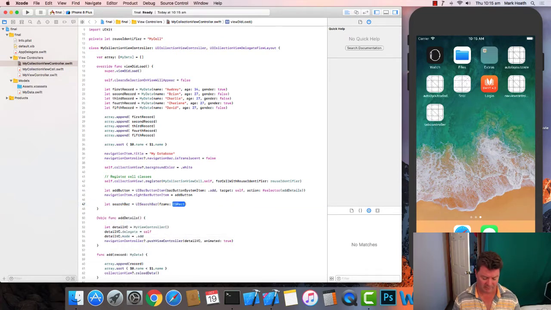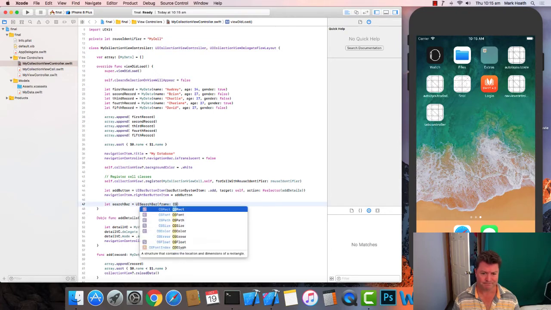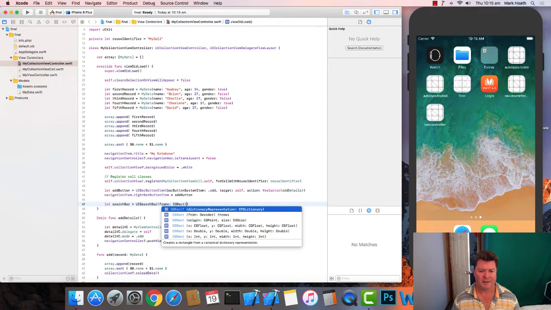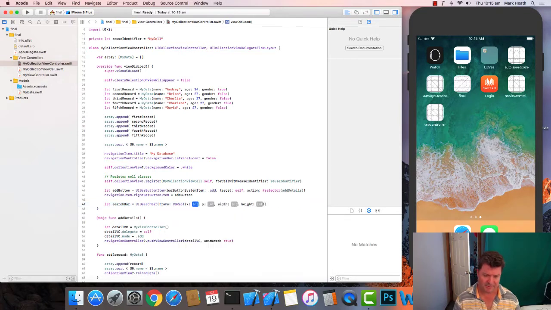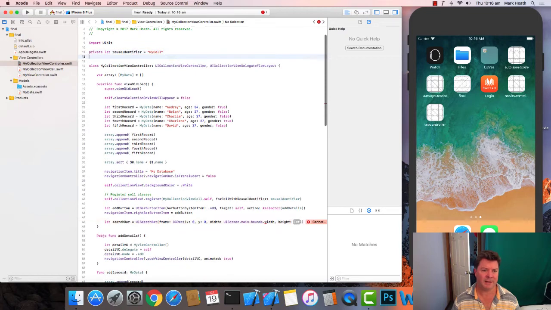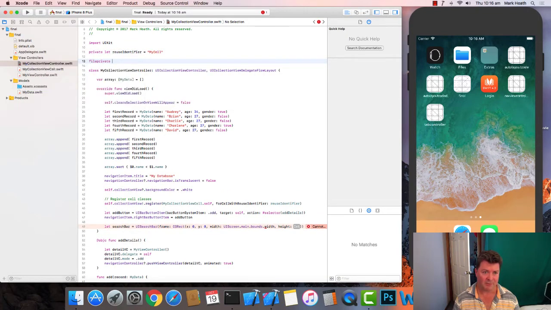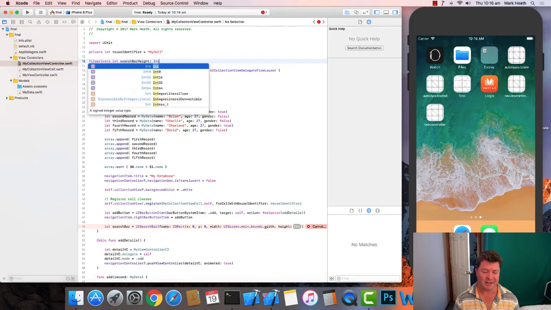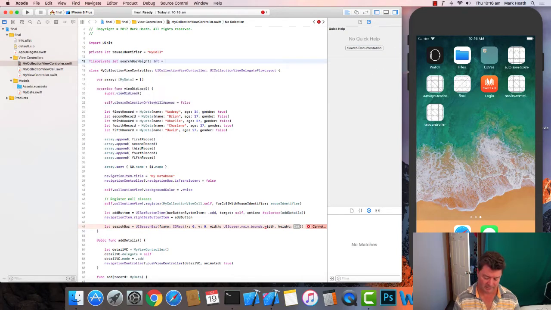We're going to give it a frame, and the frame is going to be 0, 0, UIScreen.main.bounds.width, and I'm going to create a fileprivate variable called searchBarHeight, which is an integer,